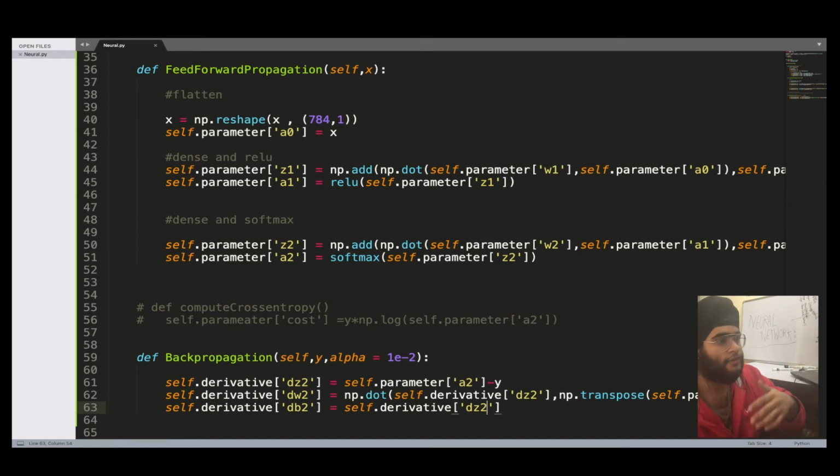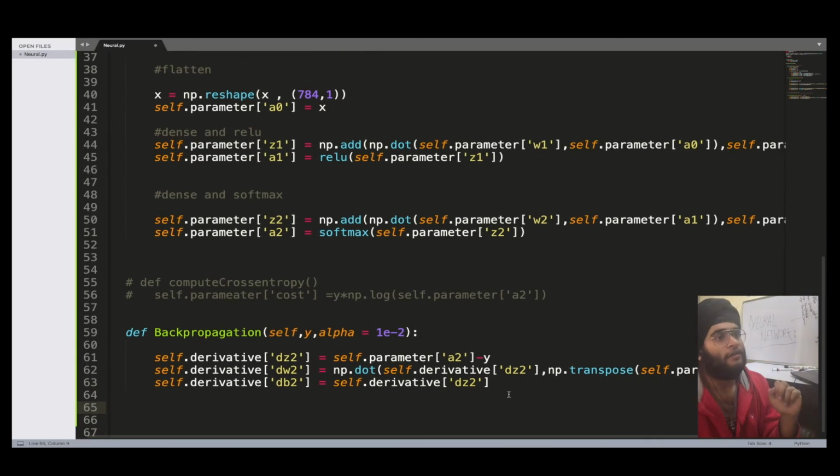For the dz1 values also, the only change is how you calculate dz1. Initially we were calculating with respect to the cost function, but now we are on the second layer, so we will calculate with respect to the third layer that we got. So based on the third layer, we're going to change the value of that. Unlike the cost function, here we're going to see dz for l plus 1. So for that, what we have to do is, if I'm going to solve it on the board,